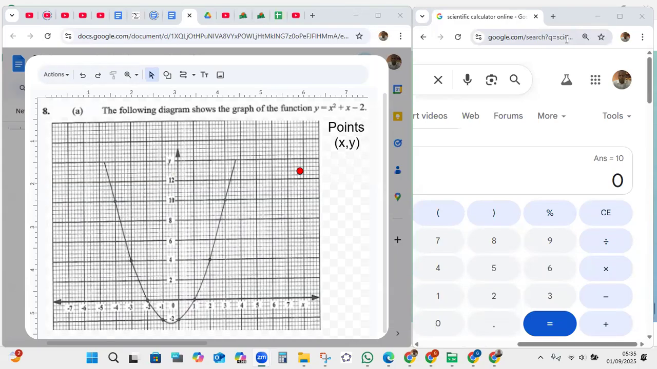As you can see, it reads, the following diagram shows the graph of the function y is equal to x squared plus x subtract 2. So I'm going to pause a little bit so that I can give you a chance to take out